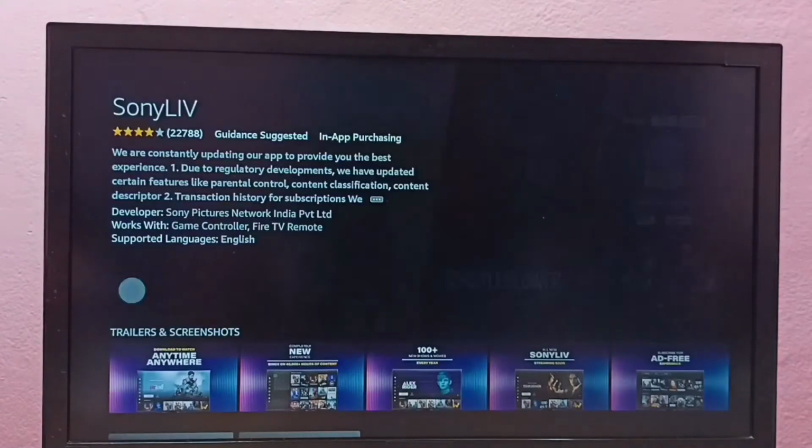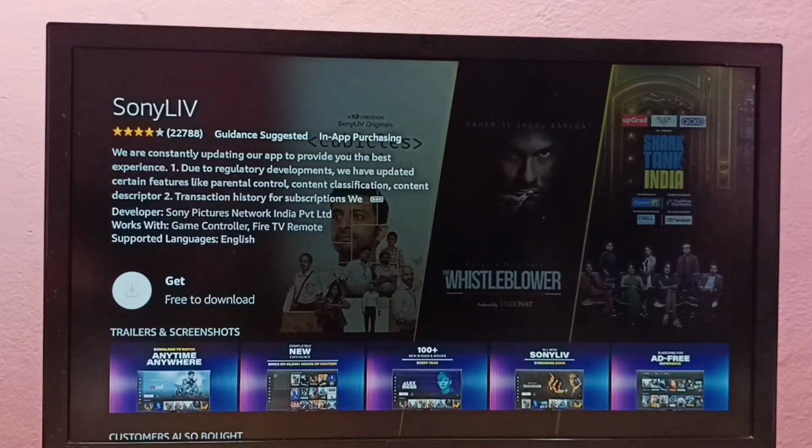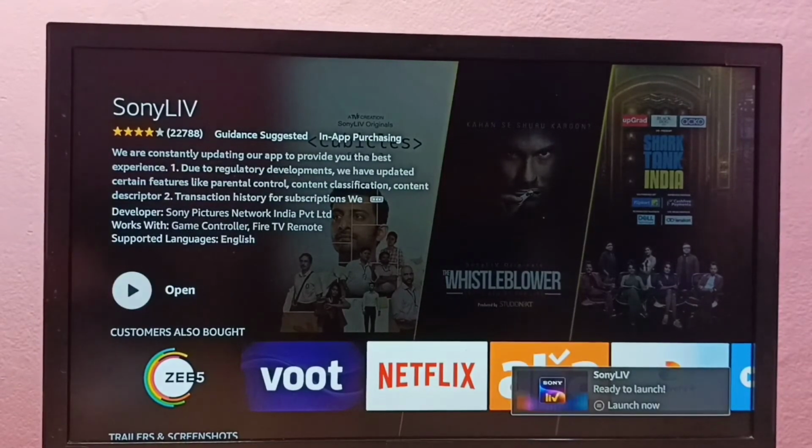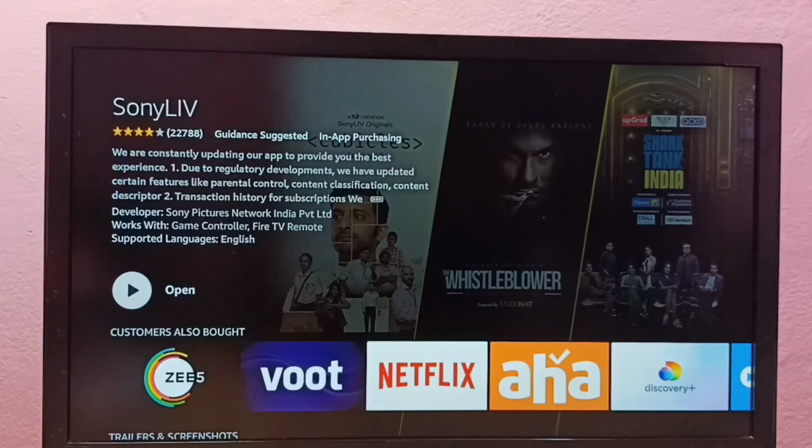then select get. So now it's downloading SonyLIV app, so please wait. Now it's installing. Okay, installation completed. So from here we can select open and open this SonyLIV app, or go to home screen,